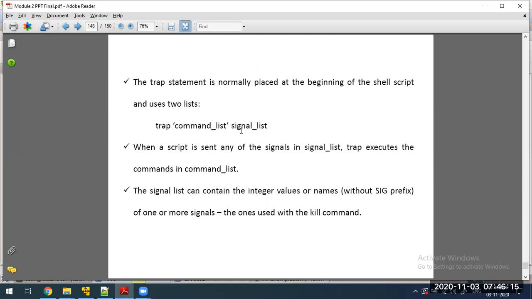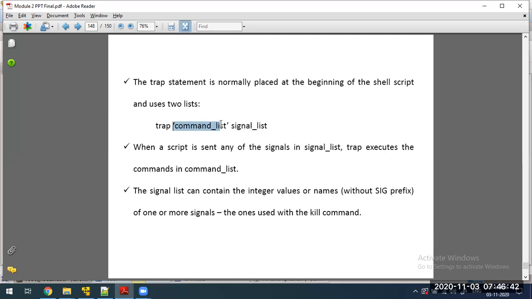This is the syntax: trap, command list, followed by signal list. This line you have to add extra in the shell script. Whenever it receives the proper signal, the trap command will execute this command list. What is the problem? The problem is temporary files.